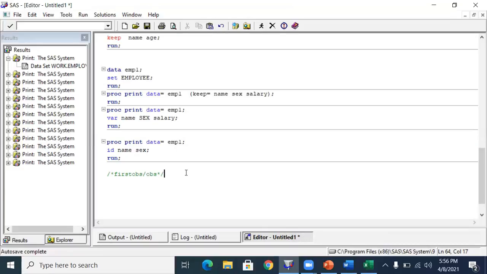Any doubt you can ask me. Anyway, I'll be providing you the exercise sheet so that once you do the lab work, it will be much clearer. Do I need to continue or take it in the next class? We have learned only how to control the variables. Now we need to go with how to control the observations.